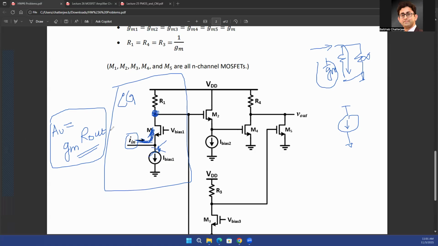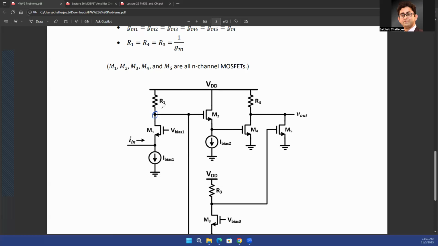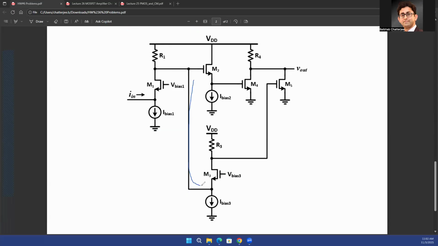Okay. So what is the resistance at the drain node? Again, looking up, you see R1. Looking down, you'll see infinite. Looking towards the right, what would you see? You see the gate of this transistor, so that's infinite. But you also have another path, and that path actually goes to the source of another transistor. So what is the effective resistance that you see at this node? You see R1